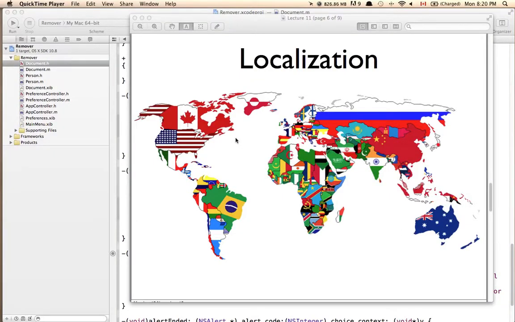Okay, well, look at this map. There are so many different countries and there are so many different languages spoken in those countries. And if you are writing an application, at some point you will think about other people using this application, people outside of your language. In some countries like Kazakhstan or Canada, there are two official languages, and by law, if you're doing some sort of a government application, you have to implement both languages. And the simplest logical thing to do if you don't have any localization techniques in your language